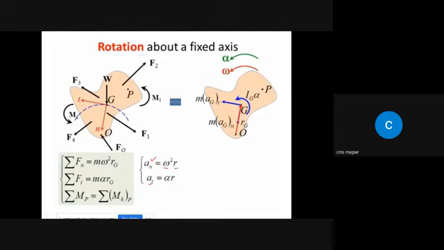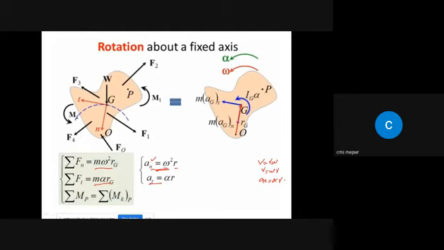Similarly, like v is equal to r omega, for acceleration at is equal to alpha r, and an is basically omega square r. So if you put this an and at value in this equation, you will get something like this: m omega square rg and m alpha rg, where rg is basically